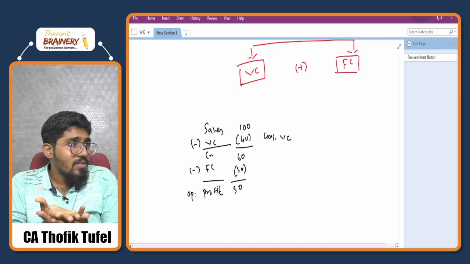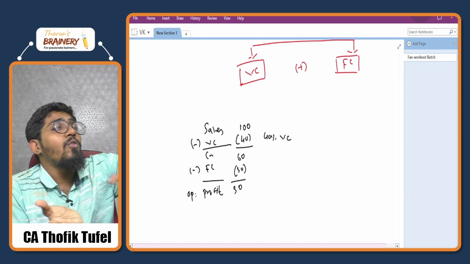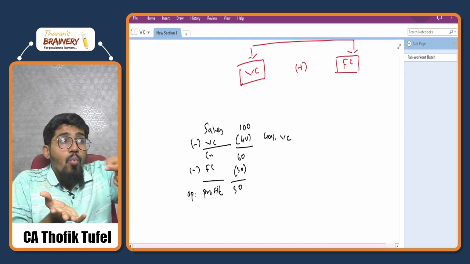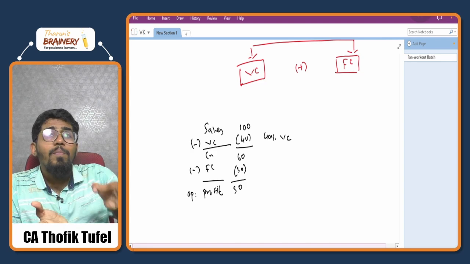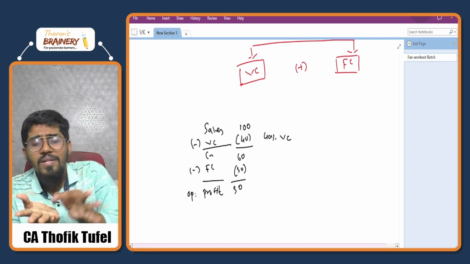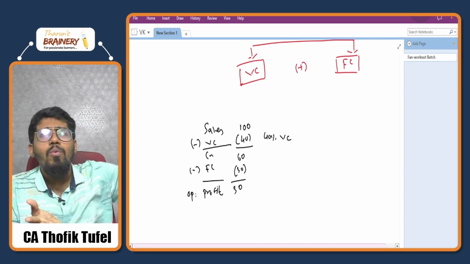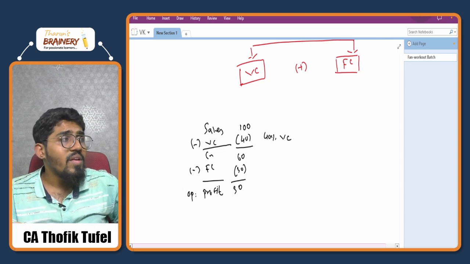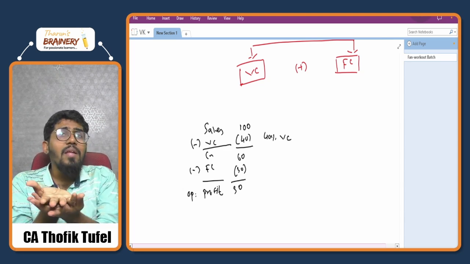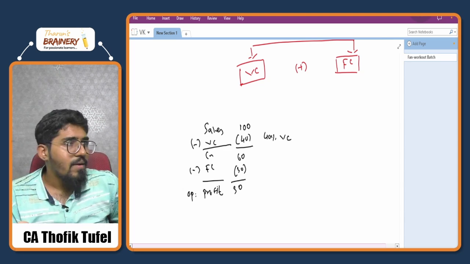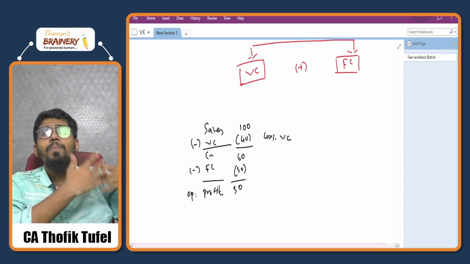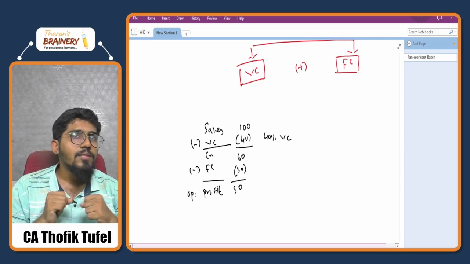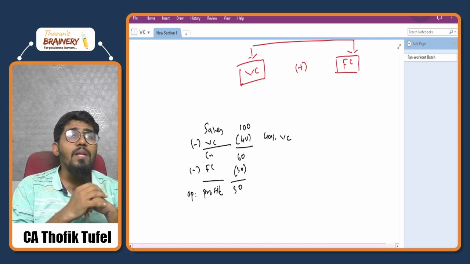Now with this, one more 10 rupees coming. Till now 50 rupees sale was there, now one more 10 rupees coming, your sale is becoming 60. For that 10 rupees, how much variable cost do you have to pay? 4 rupees variable cost. How much is remaining in your hand? 6 rupees. Do you have to pay any rent? No, rent already paid. Now this 6 rupees is completely your profit.